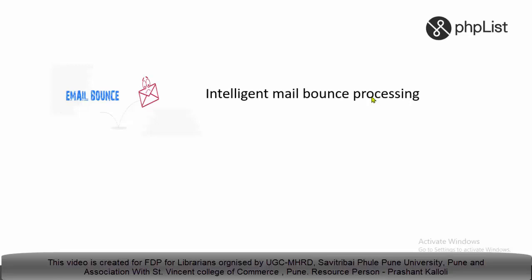We get so many mails saying this mail is not valid, mails are bouncing, and we are totally frustrated with correcting all those email IDs. In PHPList, there is a great advantage that we can manage the mail bounces too.